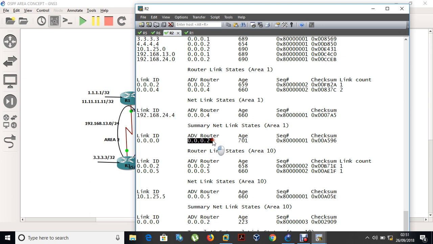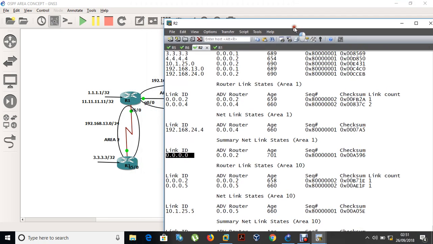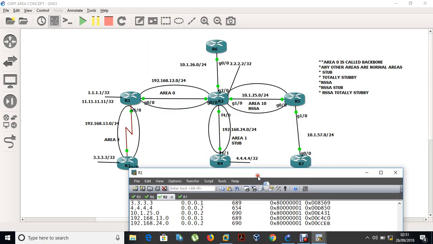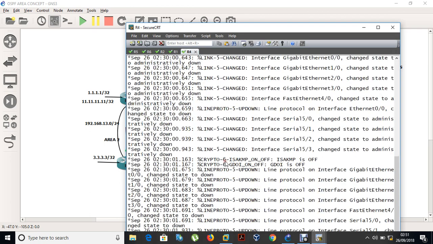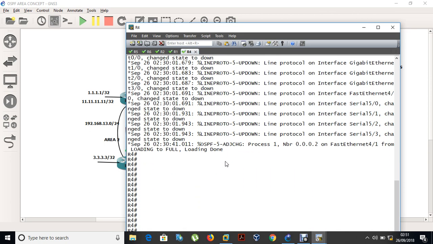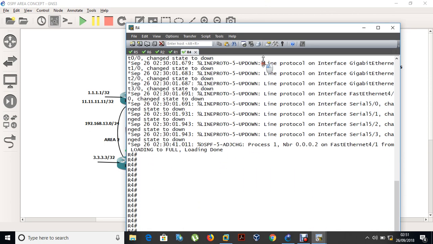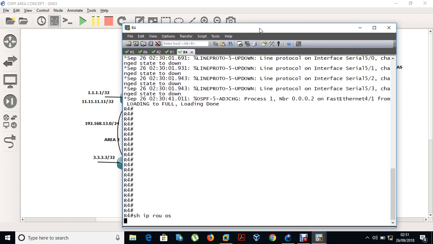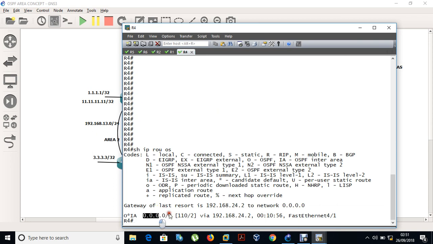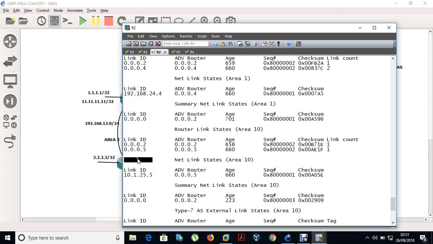R2 is advertising a default route. That default route was from the ABR, because if you go to R4 now, it has nothing else. It only has a default route. So the IA route in OSPF, it only has a default route. For the inter area route there, this is a type 3 LSA route. So it only has